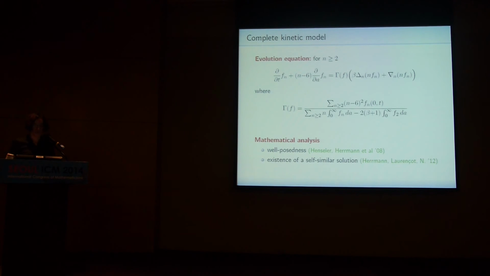Okay, now what can we do for this system with rigorous analysis? Well, first of all, what is not even clear a priori is whether it is well posed, but we can show that. That means for non-negative initial data, there exists a non-negative solution for all times with certain decay properties, so that's fine. Then you might ask about existence of a self-similar solution. If we recall, in the LSW model for Ostwald ripening, this was basically trivial. Here it's not at all trivial, but in the end we managed to do that. But then somehow we didn't get any further. At least at that point we ran a bit out of steam.